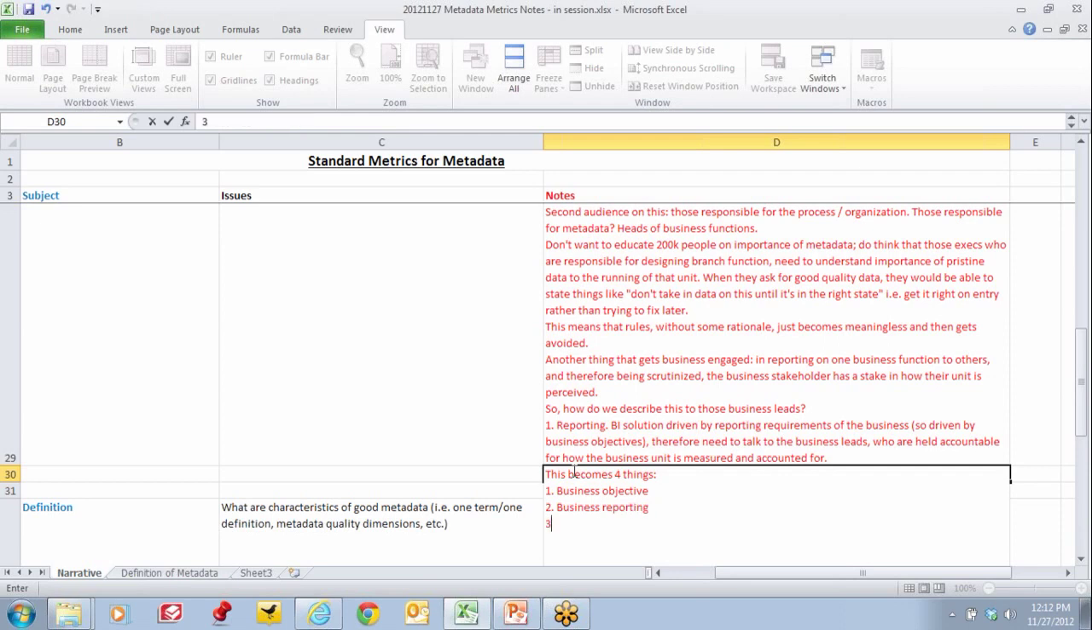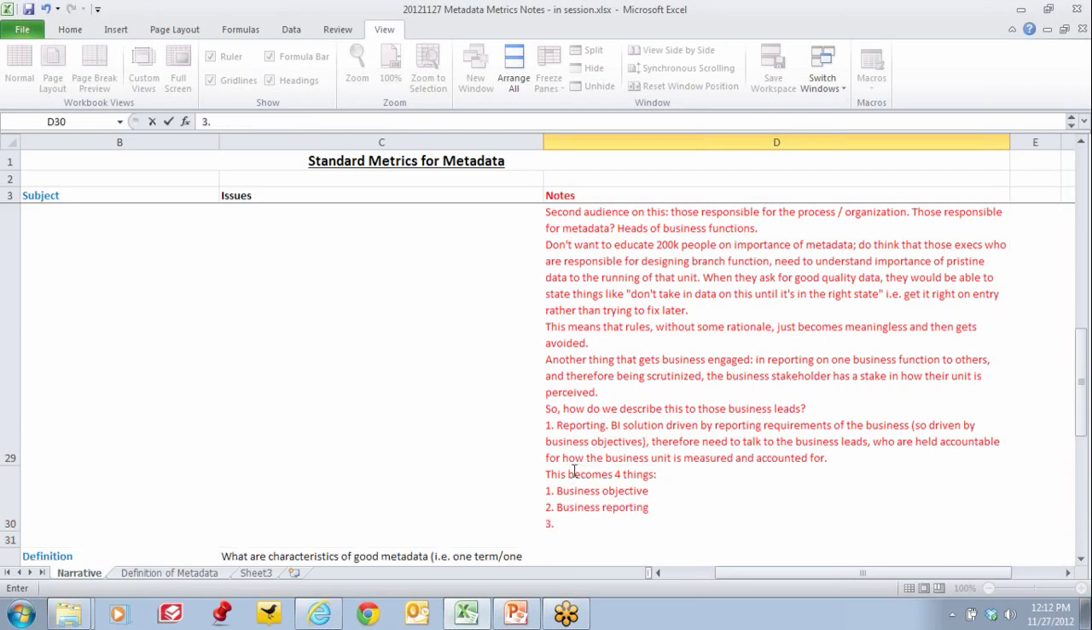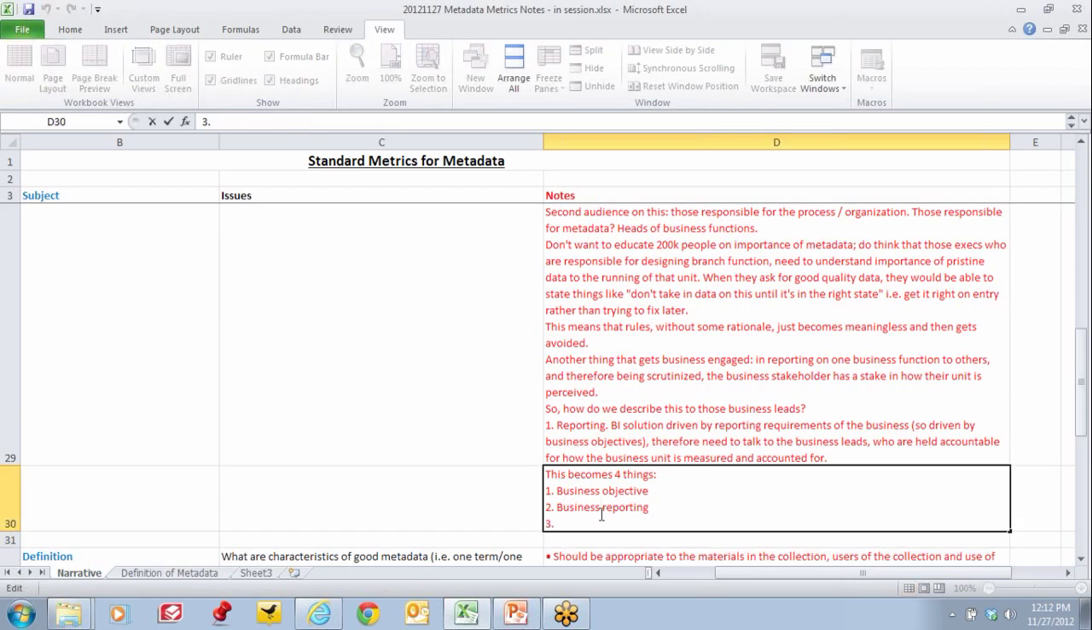What mechanisms do we use? How do we do that? Business reporting is one place you can do it. What do you mean by that, Jim? Well, if you've got a BI project, you want your BI solution to be